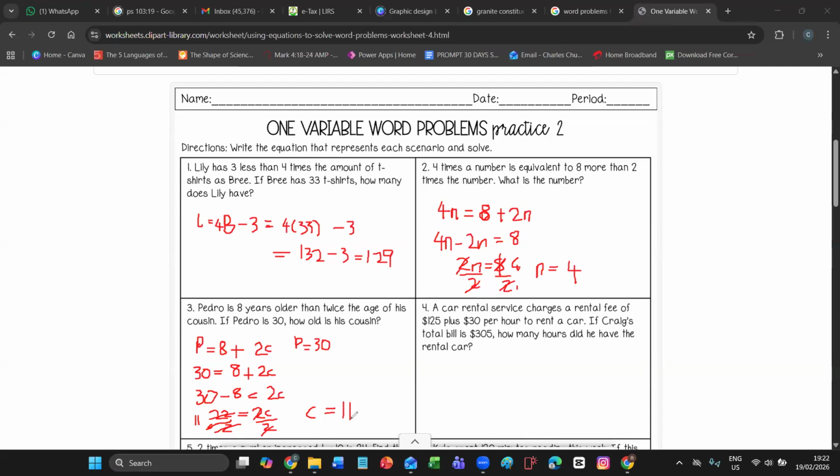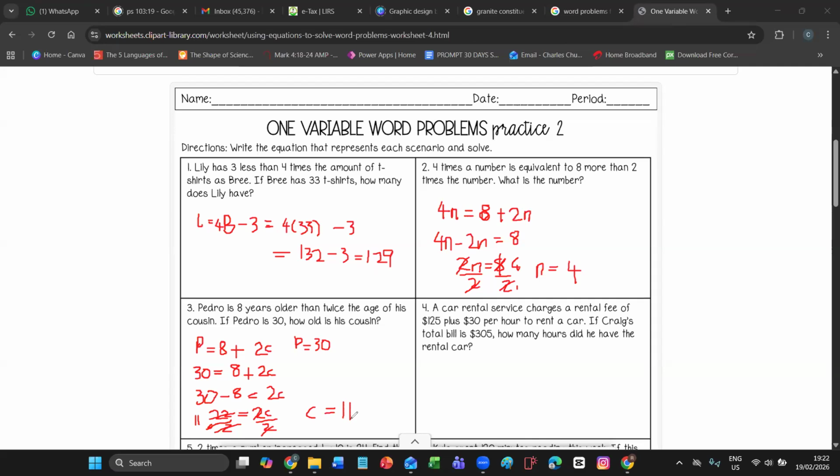All right. Okay. So this one has a bit of words in it. Let's see what it says. A car rental service charges a rental fee of $125 plus $30 per hour. Okay, so let's take note of those figures. They're throwing a lot of figures in our faces, but we just take note of them so that we don't miss out any detail. So a rental fee. So this one is like a flat fee, right? Of $125. They now said plus